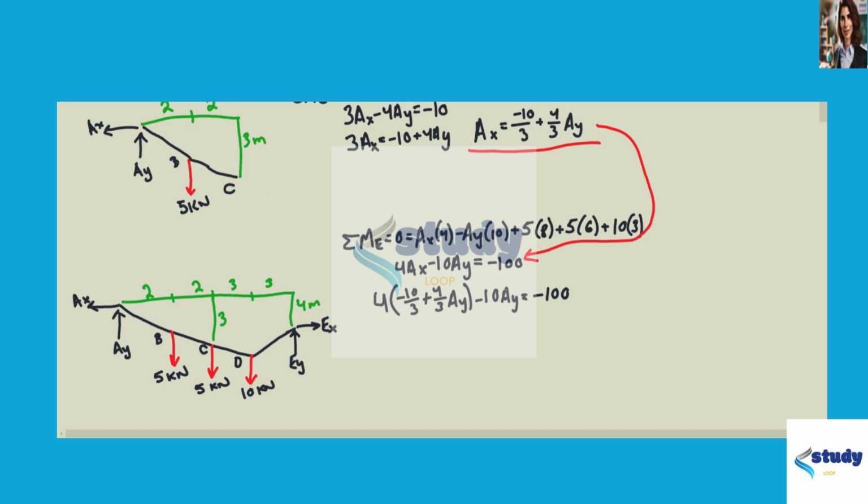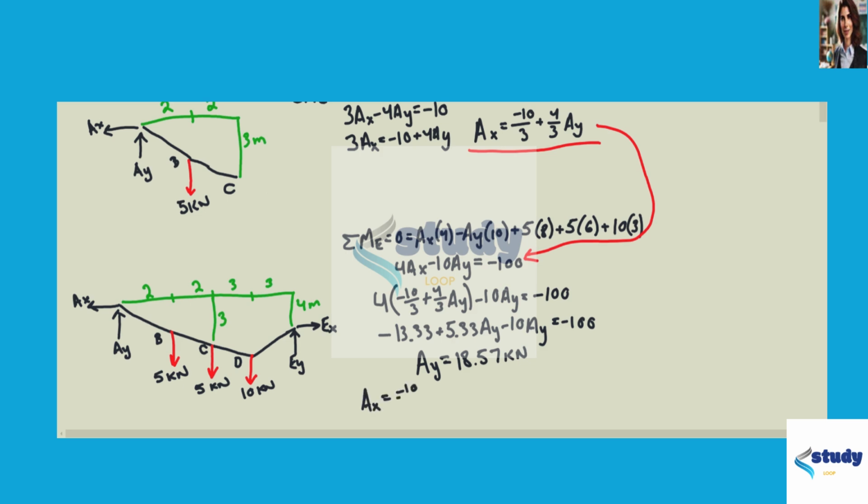So distributing the 4 into this equation, we're going to get negative 13.33 plus 5.33 AY minus 10 AY equals negative 100. So we're going to go ahead and solve for AY completely. So AY equals 18.57 kilonewtons. And we're going to be able to solve for AX as well now, because AX, we again know